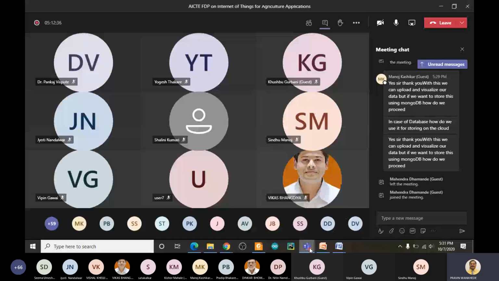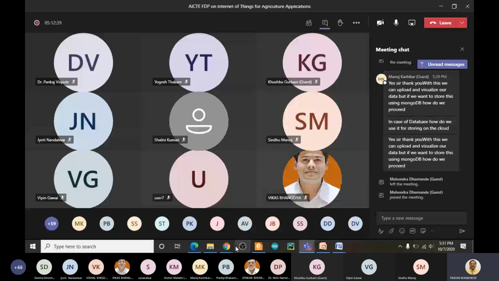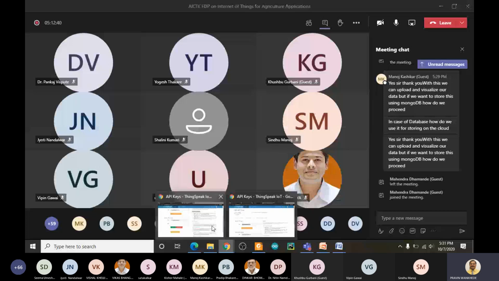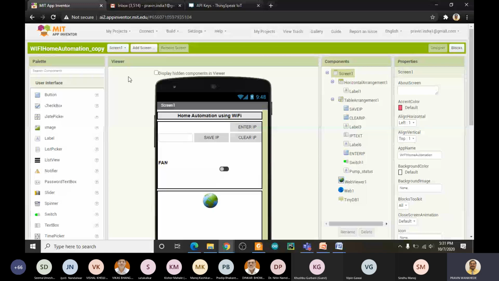Tinkercad does not provide any type of database, but ThingSpeak does. This data is already available there, so you can create an app and in that app access the different databases, just like I'm using MIT App Inventor to create different apps. Most of you already know that we can create different apps through MIT App Inventor.